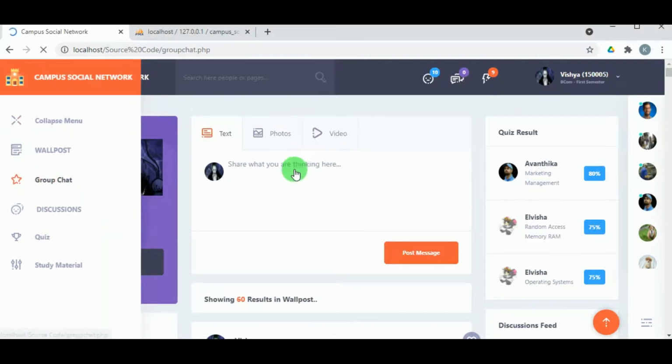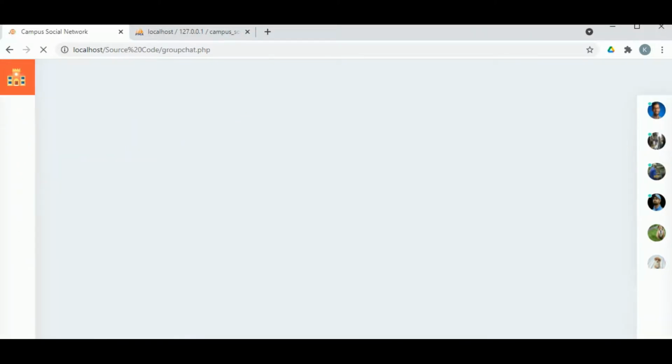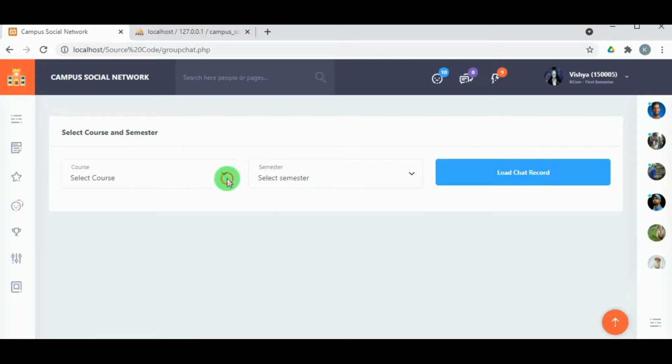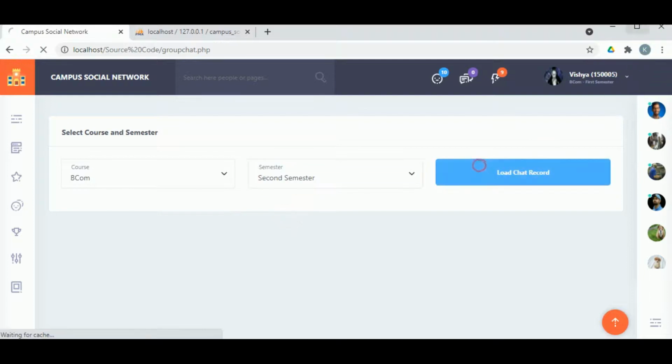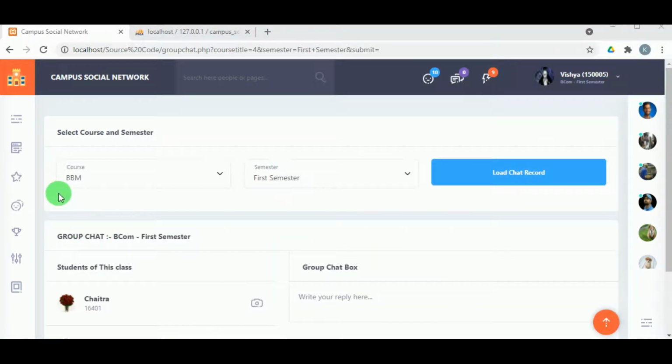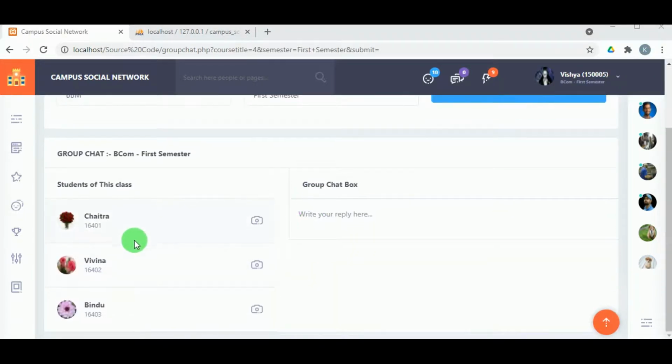In the group chat, which we saw already from the notification, here the student can create the new group. They can select the course, they can select the semester, and then the students are available, and then they can start the new chat.